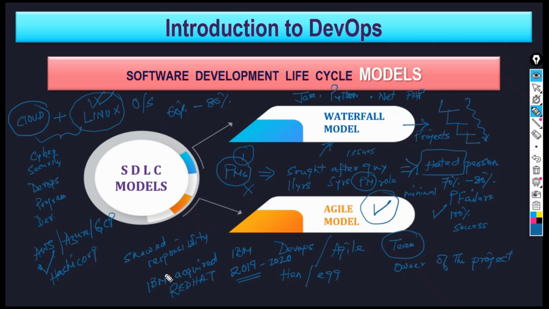So IBM has very cleverly acquired this company, Red Hat. Red Hat was actually covering almost 70% of the Linux market. The market share was almost 70%. And with one such intelligent stroke of IBM taking Red Hat, they straight away came into competition with AWS, Azure, GCP. I mean, they could step into the DevOps domain. Okay. Any questions?